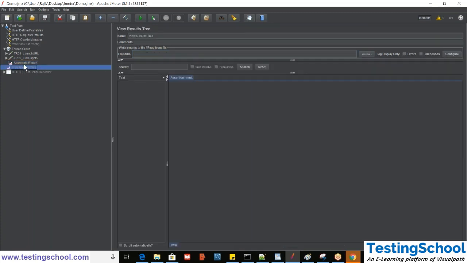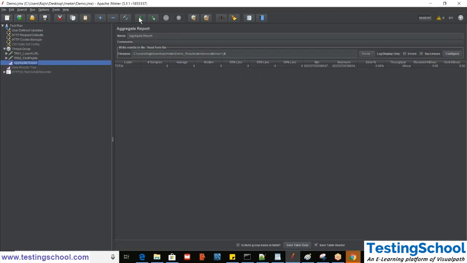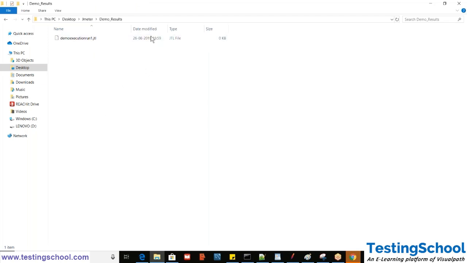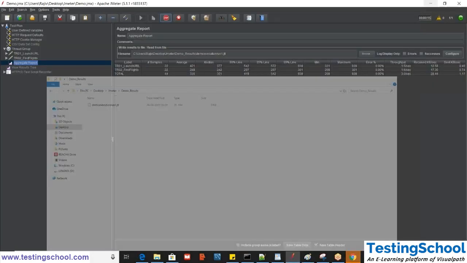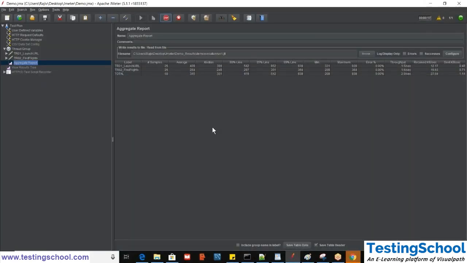Now it is pretty much done. Now we will hit the execution button. Once we hit it, it is going and going. We check the file which got created. As you can see, its size is now 0 KB because it is still running. Once this execution is finished, then we'll get